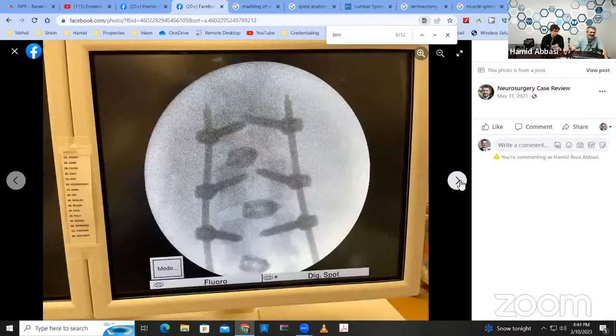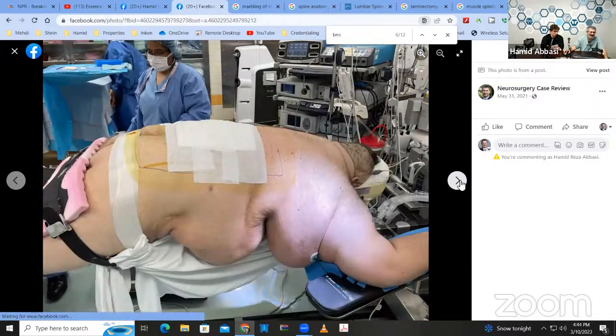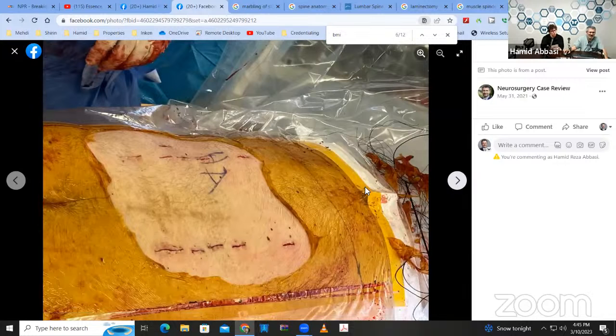And here is the end product, after the surgery, and these are the incisions. Because we dilate the muscle and go through a tube, we are not causing too much tissue damage, and that is crucial. Trying to cut everything and cook all the tissue, these people have a 20 to 30% risk of infection. The risk of infection with our surgery is 0.2%, because you just make a small hole and put a tube in. When you take the tube out, there's no cavity underneath.